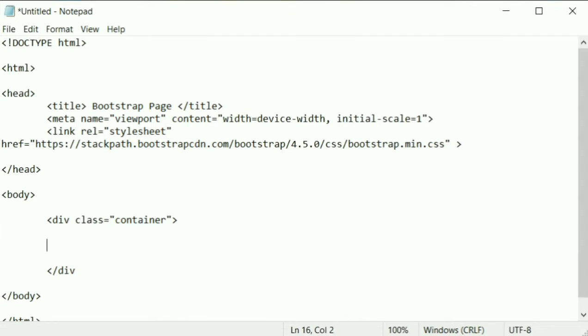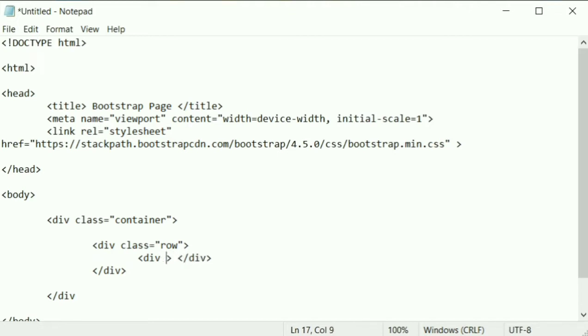Within that container, I'm going to divide the page into rows and columns, as we saw in the earlier slides. We can see that the page is divided into rows and columns. So I'm going to create a class equal to row. This particular div will be treated as a row within that container. This is just a Bootstrap class. We don't need to define anything. Everything will be available in that Bootstrap min.css. So we are just defining the class name equal to row.